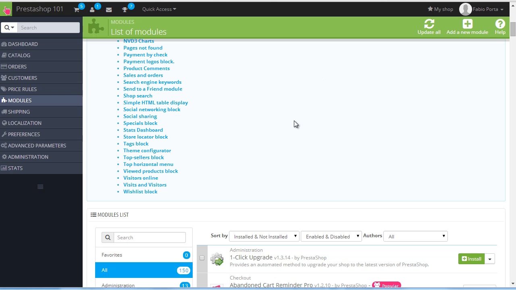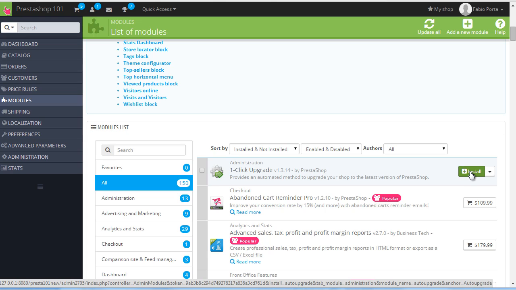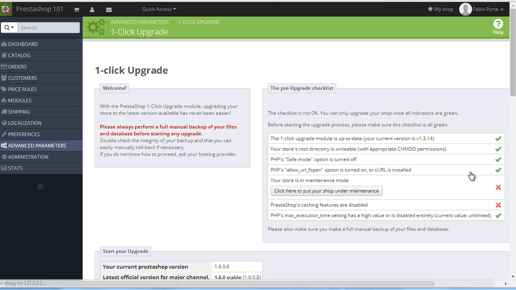So access the modules page as I did here and locate, it's the first one actually, the one-click upgrade module. Of course, install it, or if it's installed already, update if necessary. Then here, after accessing the configuration page, let's have a look at the